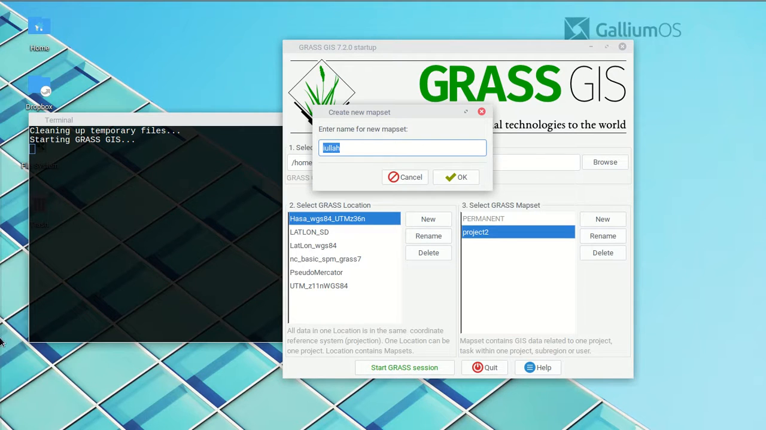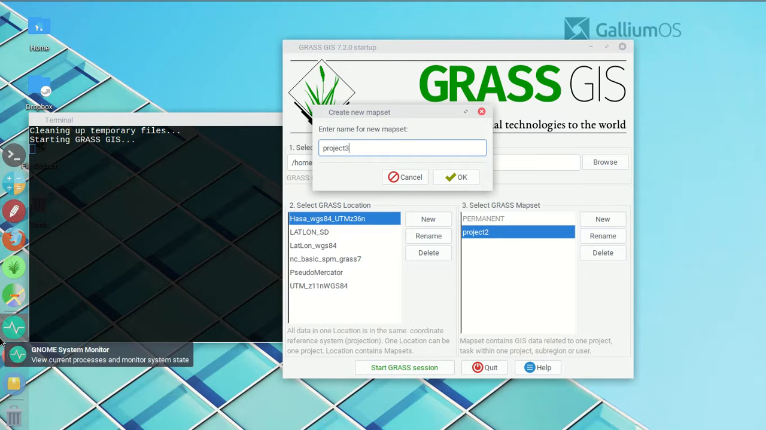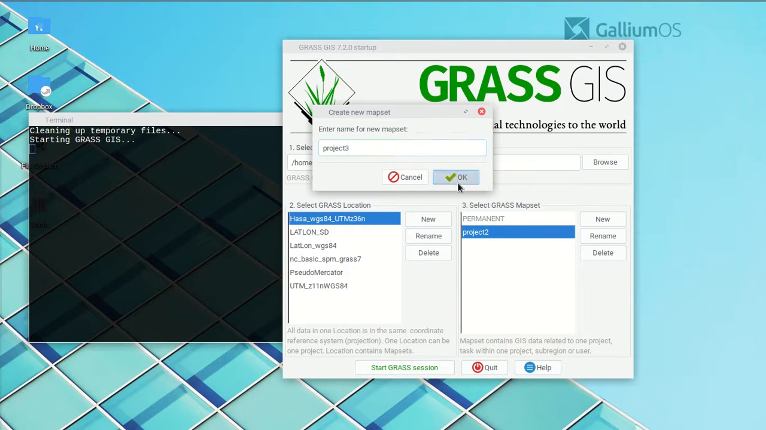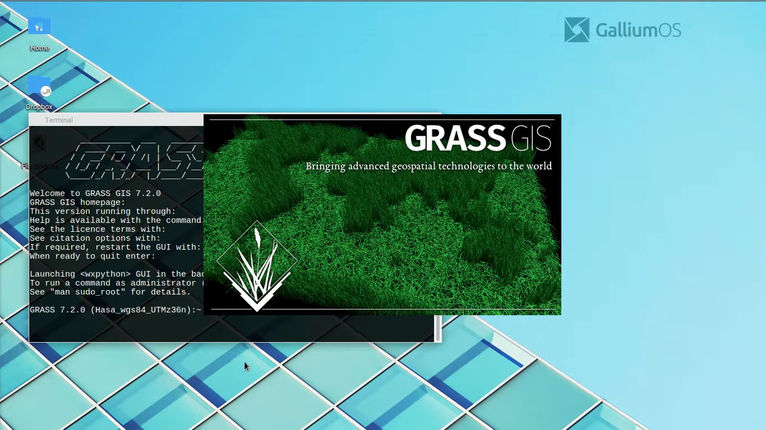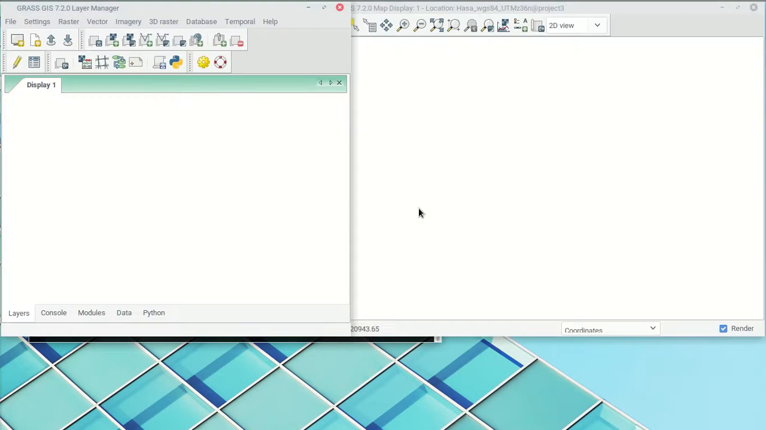So we'll call it Project 3, right? Makes a lot of sense. So we do that. So now we have PERMANENT, Project 2 and Project 3. Once you've got this and Project 3 is selected, just start up GRASS. So the first thing that we're going to want to do, once GRASS is loaded up here, is to make